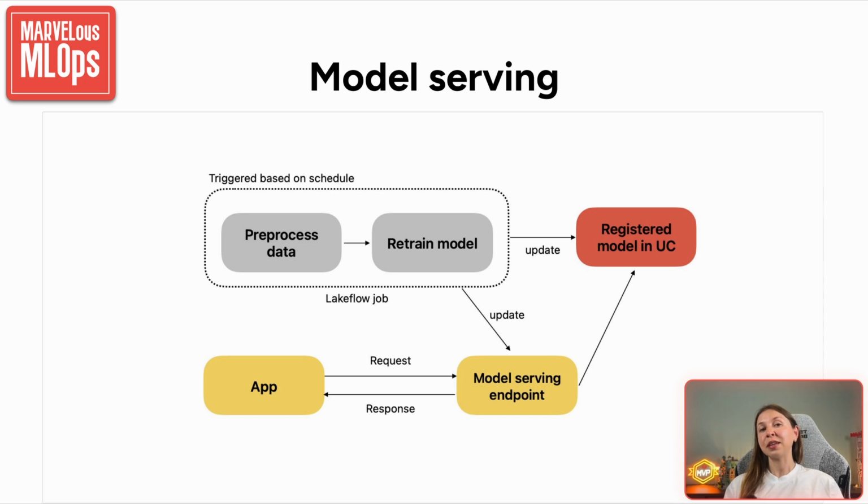We are going to serve the custom model that we registered earlier. In the case of model serving, we have a Lakeflow job that does data pre-processing and model retraining, and in the end, we register the model in Unity catalog. After the model is registered, it can be directly used behind a model serving endpoint because we are not looking up any features and all the features are available through the payload. So the app can send the request to the model serving endpoint and get a response back